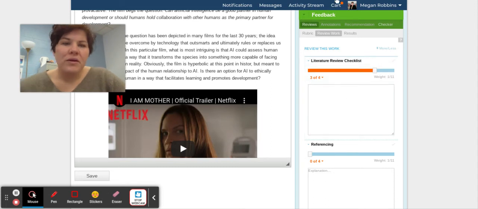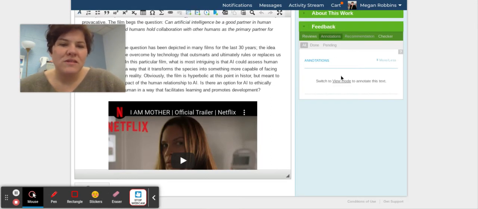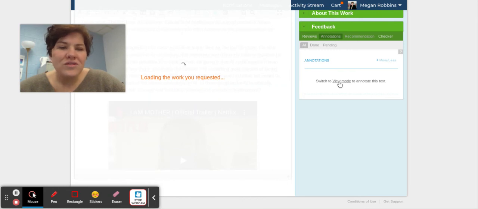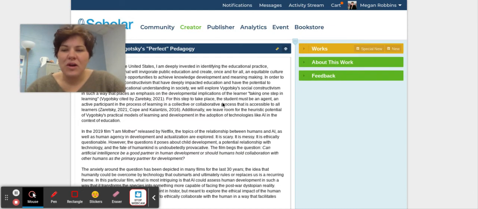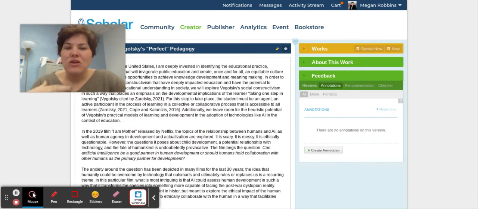The second part of the peer review is doing annotations. So it's not going to show me my annotations right now. This is something that we're going to work on in class, but I do want to point out that there is a button called annotations. There's going to be a drop-down checklist of when you're going through the paper, and let's say you find